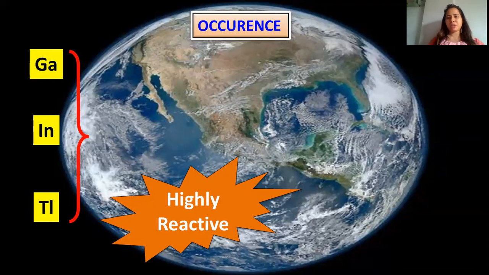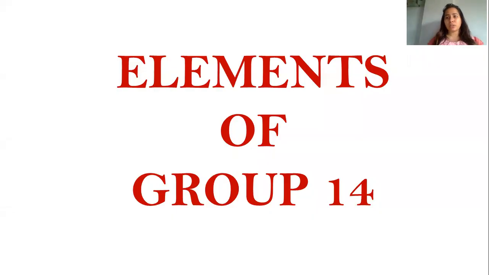So you can write down in the occurrence for boron, borates, borax, and orthoboric acid. For aluminium, you can write down the third most abundant element and you can write down the two ores, that is bauxite and cryolite. For gallium, indium, thallium, write down less abundant in nature. For gallium, put a star mark and write somewhere it is liquid at room temperature. It has a melting point of around 30 degrees Celsius. So this was about elements of group 13. We have studied their electronic configuration, name, symbol, and occurrence.